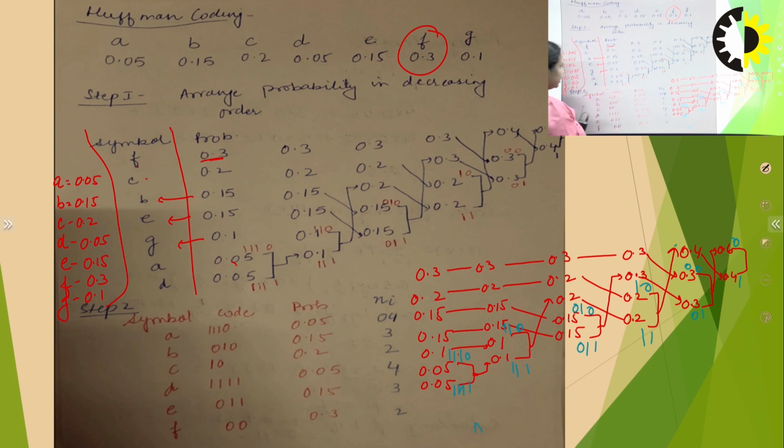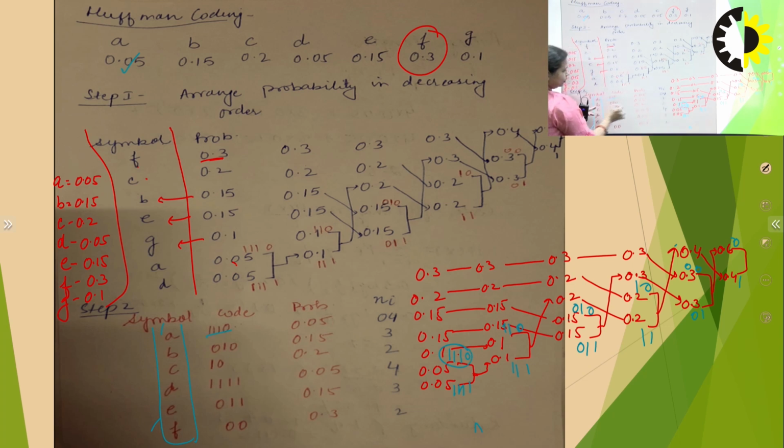Now the next step is you just convert this whole tree to a table format. So what we have done is you write down the symbols in the normal increasing order, as given in the question: A, B, C, D, E, F. Then write down their codes. First of all, write down the symbol, then you make the probabilities, and then write down the code. So A is having the probability 0.05 from the question, right? Then the code for A: 0.05 is having code 1110. So I have written 1110.